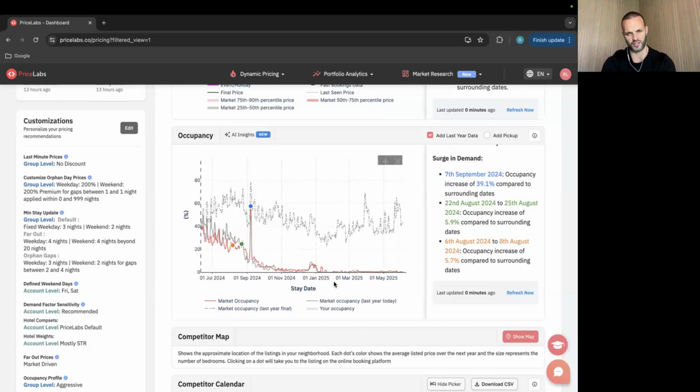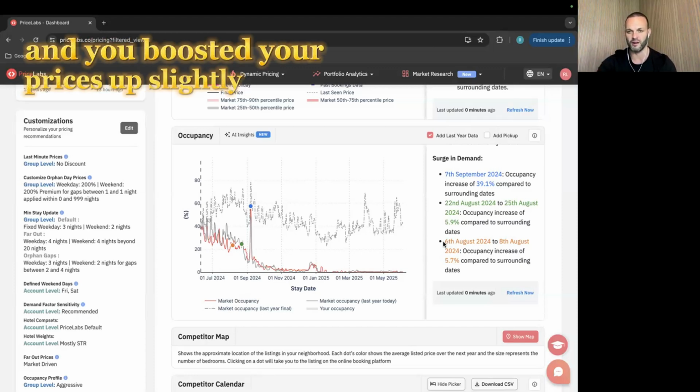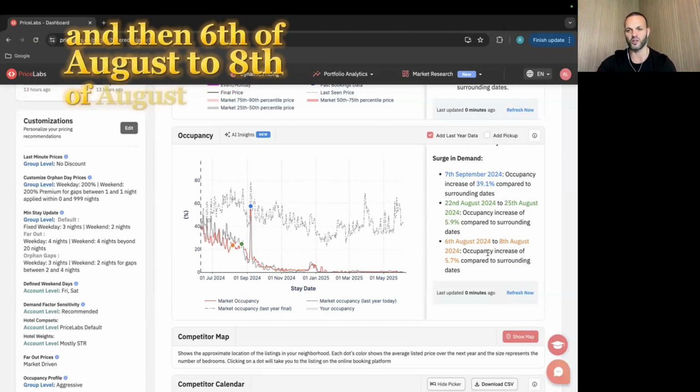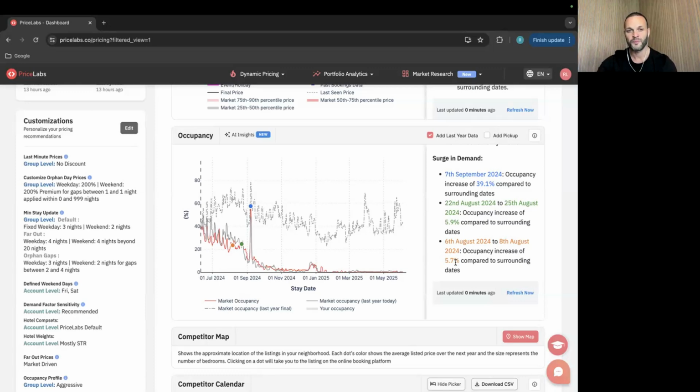Now, even if you just focus, let's just say you had one property and you focused on those 3 key dates that it's pulled out, and you increase your price by 54% on the 7th of September. You have a strong occupancy in the Christmas time. This is showing you here that occupancy increases 5.9% compared to surrounding dates from the 22nd of August to the 25th of August. So if you put that in there and you boosted your prices up slightly there, and then 6th of August to 8th of August, again, there's a slight increase in the occupancy there,